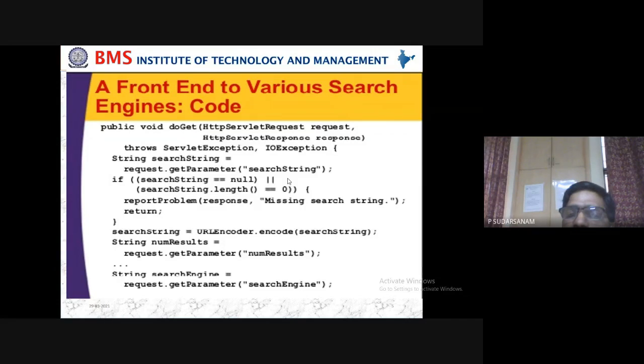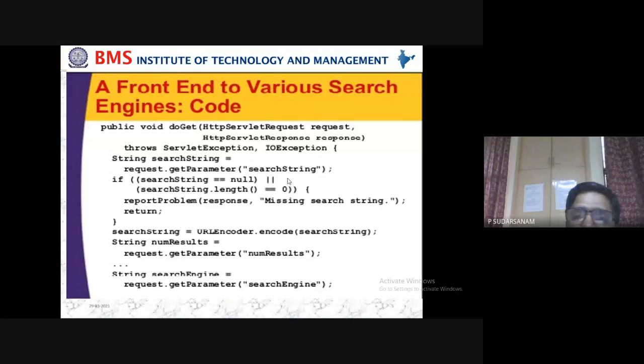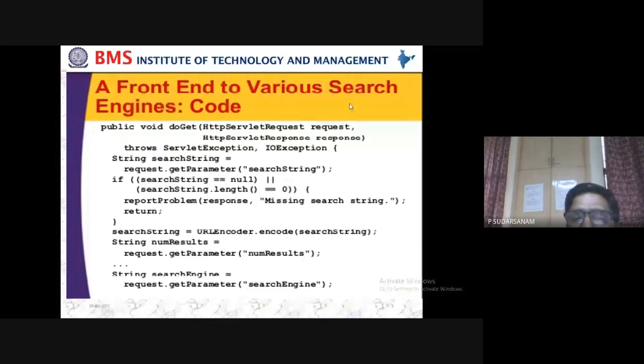So that means you have the link, you have the address. When you are clicking something, when you are forwarding the messages, what will happen? Maybe if it is not getting that, what will happen? You are clicking something, but the link is not given properly. In that case, all these errors, whenever they happen, the numbers will be displayed. This is the front end code for various search engines. You can see the code of those response numbers and display it.